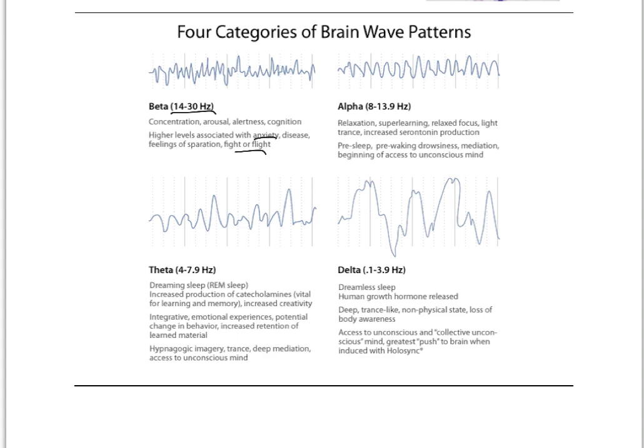And these are between 8 and just under 14 hertz. So this is associated with relaxation. This is the brainwave state you need to induce to really ensure good memory function. So we find that memory really doesn't work well when you're in beta. But when you're in alpha, this is when people have heightened learning, heightened capacity to learn and memorize, increased serotonin